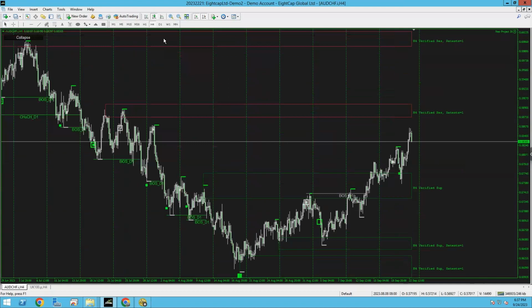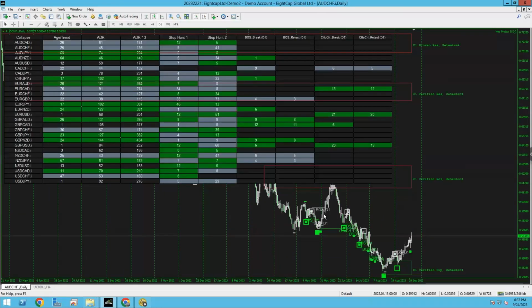And remember, if we go to the daily chart, we're going to do this properly so anybody that's new in here can get this. Look, it says agent trend 25. This candle here to the lowest point, my bullish colors are gray, my bearish colors are green, just so everyone understands that as well. And black on the Neo dashboard agent trend means no trend. So you can see here 25 days ago on AUD, which is this lowest candle down here, this is where the agent trend started from, literally.